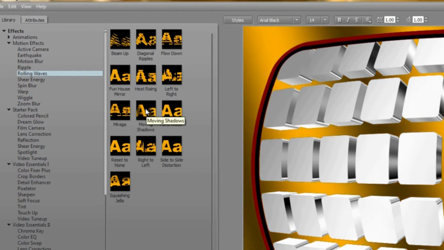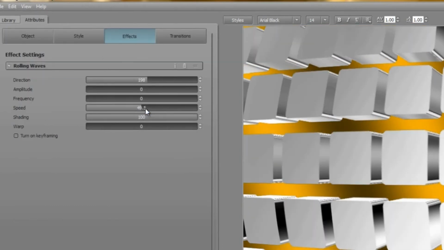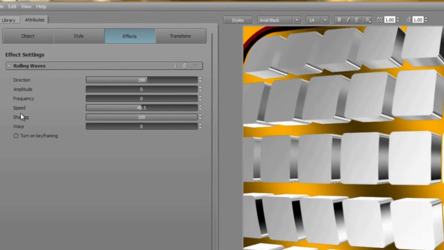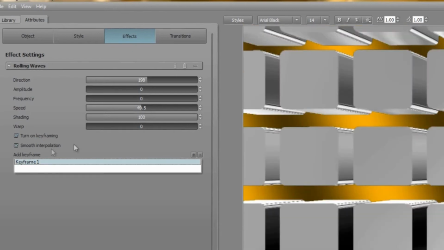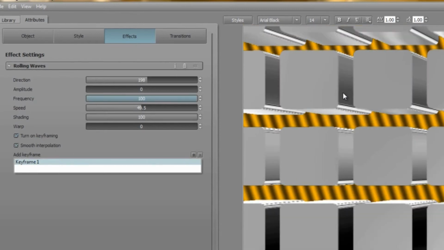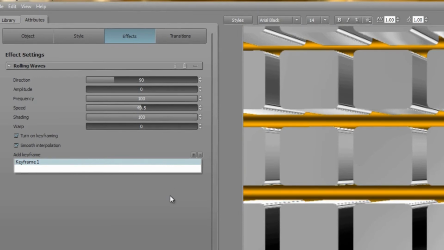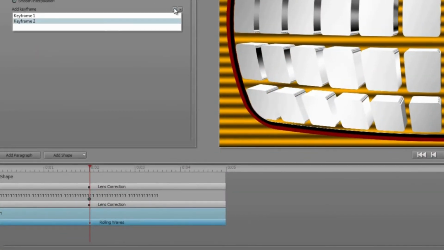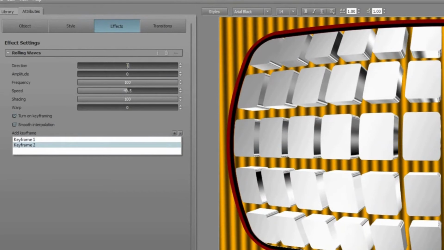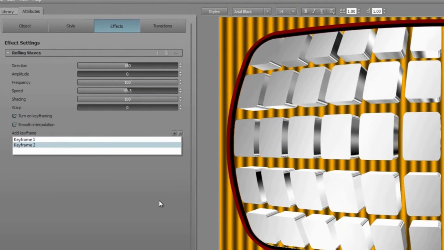Now I'm going to animate this effect so it rotates into its final position. So I turn on keyframing and smooth interpolation. The first keyframe is set for me, and I'm going to change frequency to 100 and angle to 90 degrees to give me a more stripy effect. I'll move forward to 2 seconds, add a keyframe, and adjust the angle to 180 degrees, so the stripes are